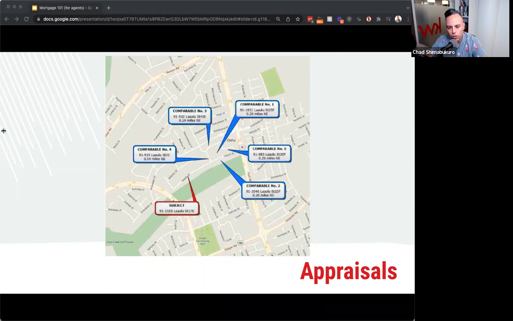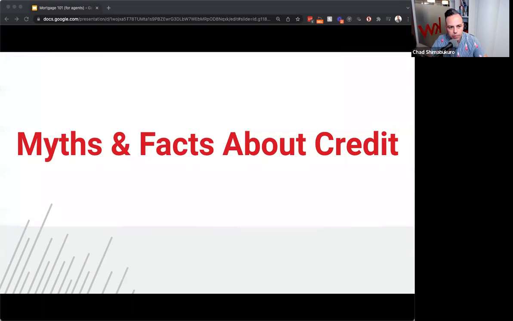When I say as close to, I mean both in time and distance. So if it's a condo, in the same building; if it's a townhome or gated community, the same community. There are exceptions to that. If you have a unique property, they can go further out or further back in time, but they might make adjustments for those kinds of things.